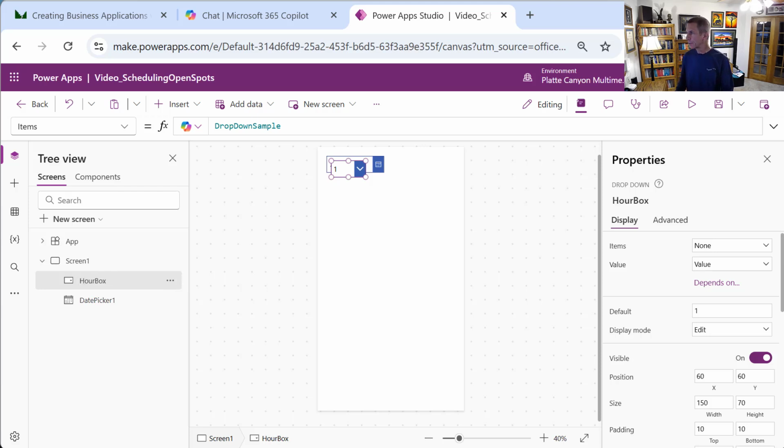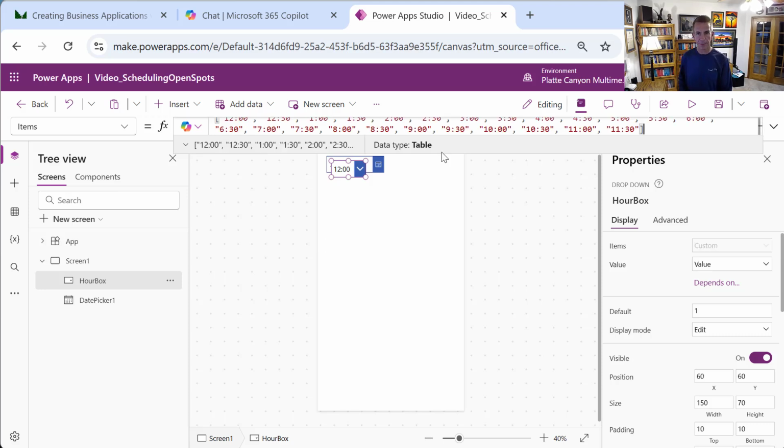And what I want to do, this is kind of a nice technique where we can go in and set the items. I just want to be able to pick them on the half hour. I could do some sort of SharePoint list or something like that, but there's really no reason here. So rather than drop down sample, I'll just paste that in. But you see, I just did an array of,